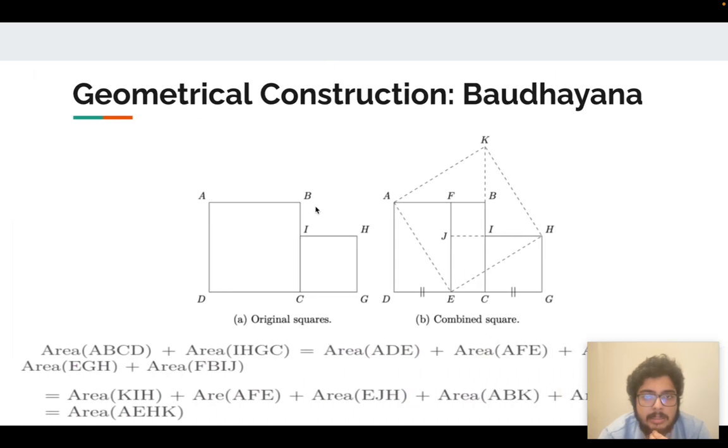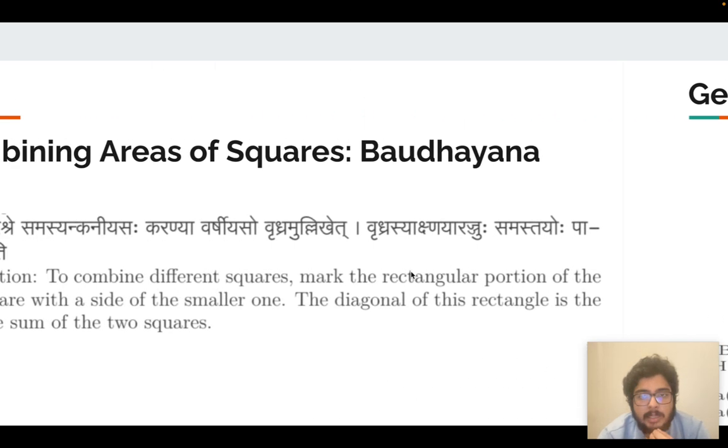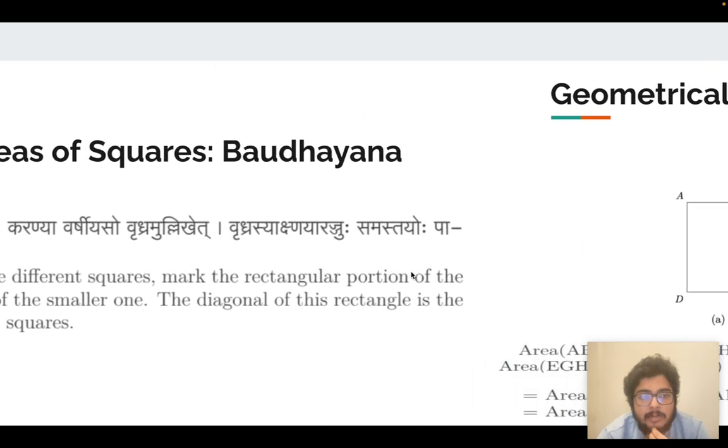So we marked this edge of the larger square with the side of the smaller one. After you have done this, you join these 2 points to get FE. Now you have a rectangle AFDE. What the sutra says is that the diagonal of this rectangle is the side of the sum of the two